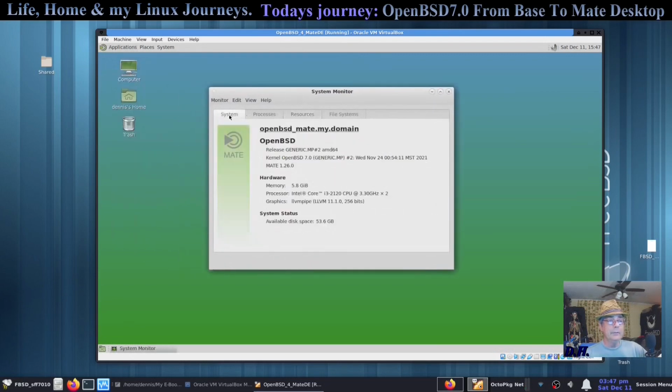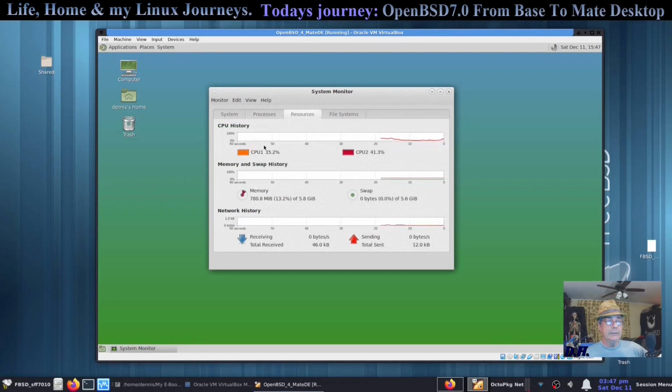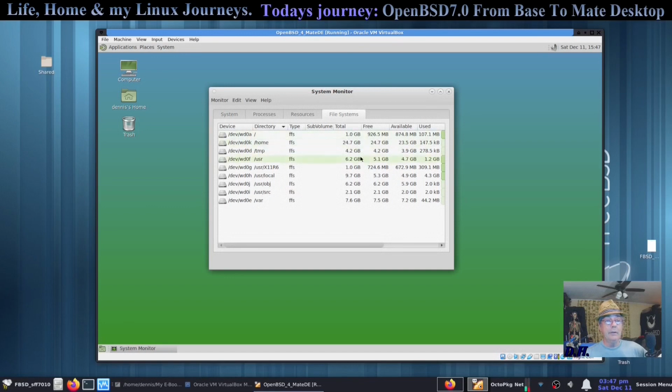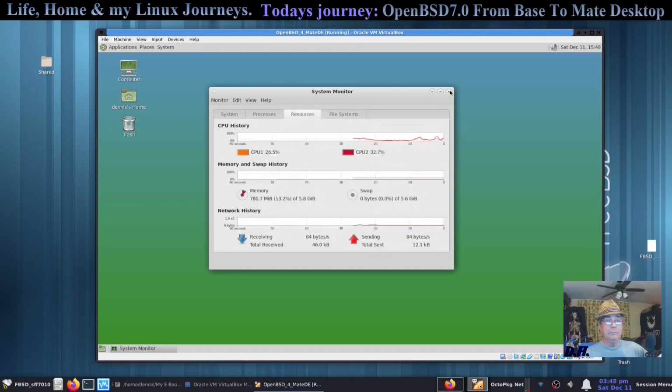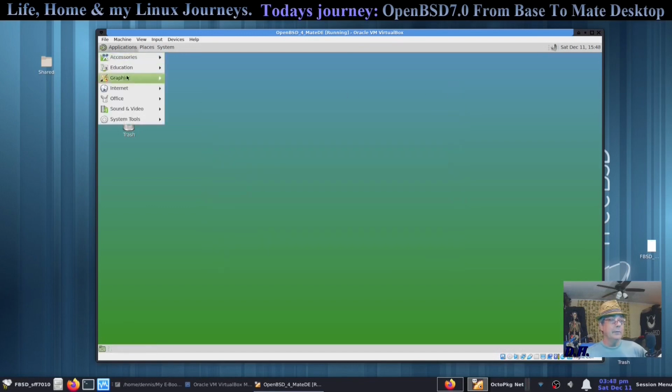Let's go to processes. This is OpenBSD_Mate. Oh, that was the host name. MPT2, Mate 1.26. Processes, resources. We're using 780 megs of RAM on a fresh boot. Our file system is there. Nice. So really, first thing you should do, again,